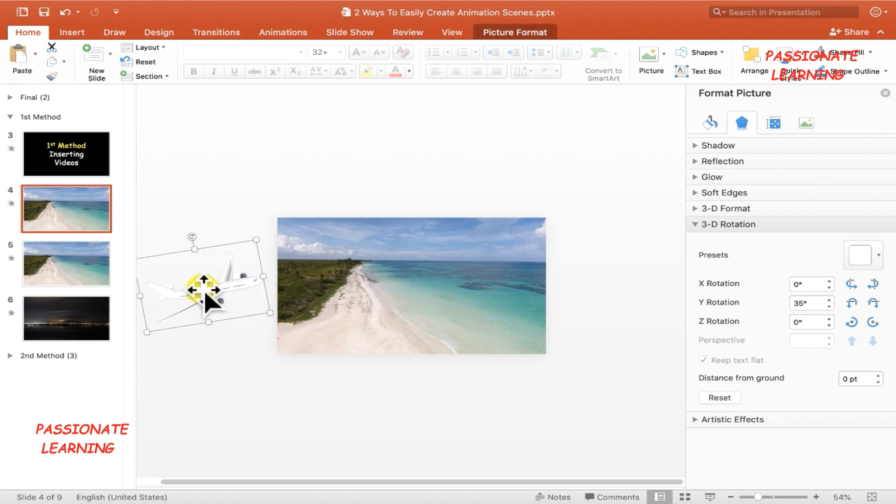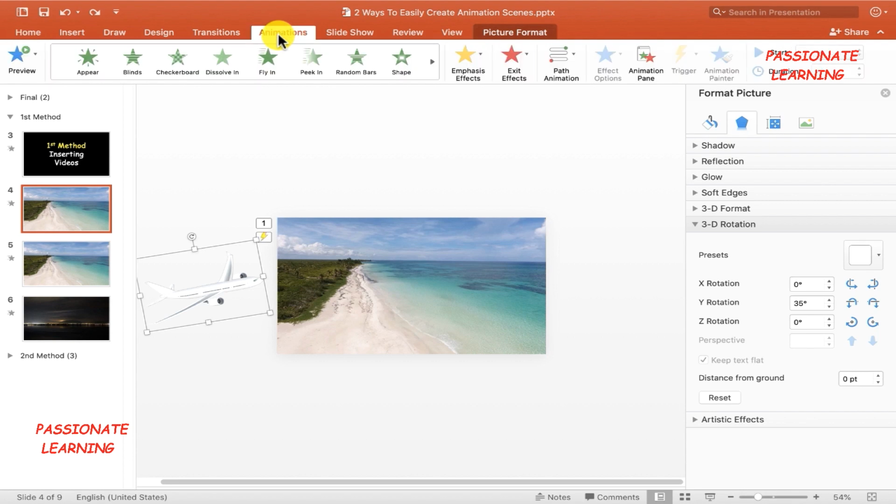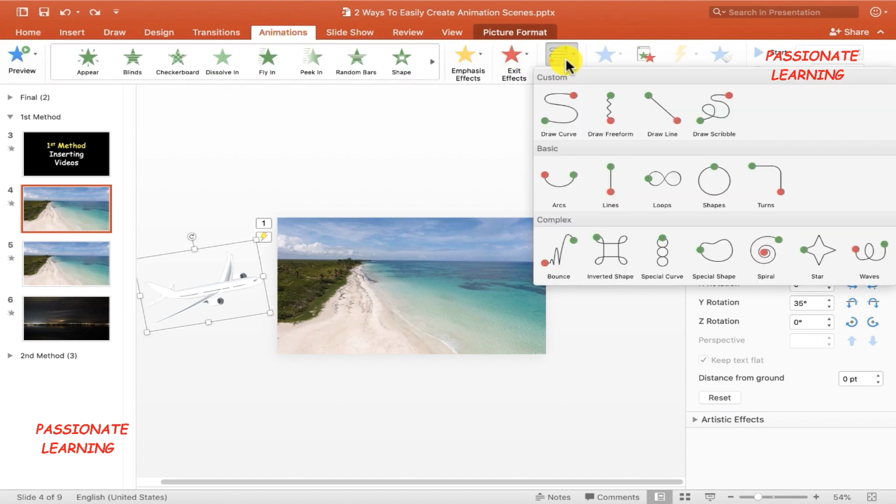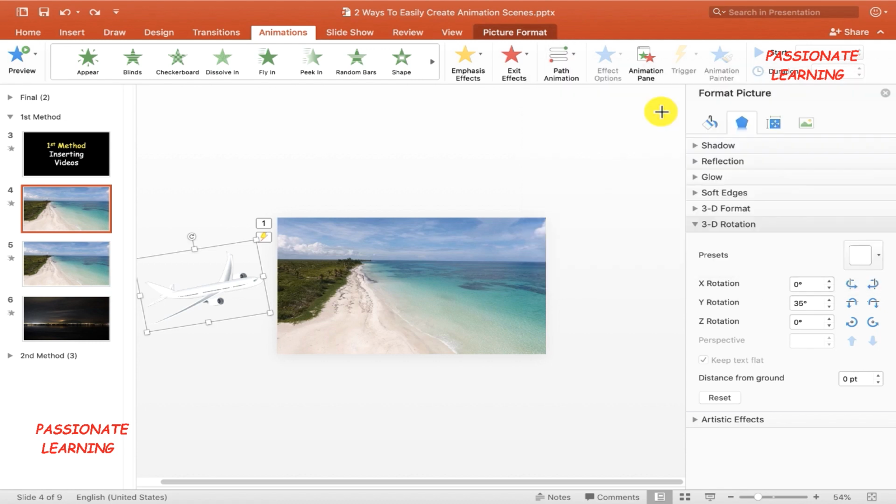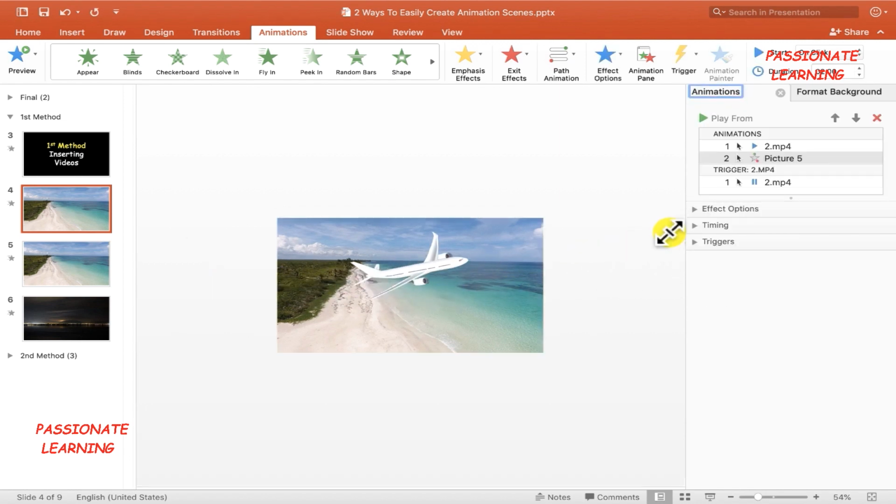Now the next step is that we need to add animation to this picture so that this slide becomes more beautiful. For that, let me just select this picture, come over here to the animations pane, and then for the purpose of this example, let me select a particular type of a line animation, which moves the aeroplane from, let us say, this point up till this point, like this.